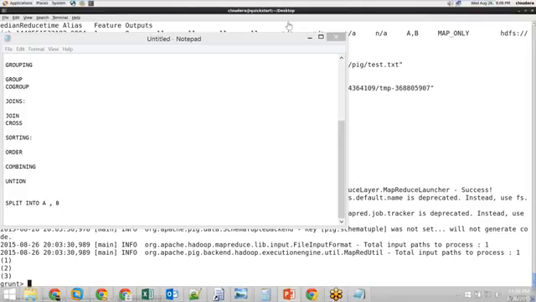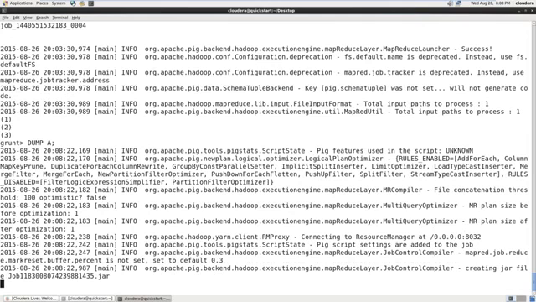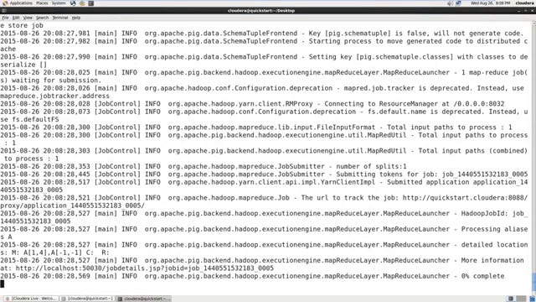Let's do some quick filter commands. Now we have relations A and B. If we do dump A, we got all the values, right? So let's filter A by ID is equal to 1. We want to see only the records that have ID equal to 1. We'll create another relation where C is equal to filter A by